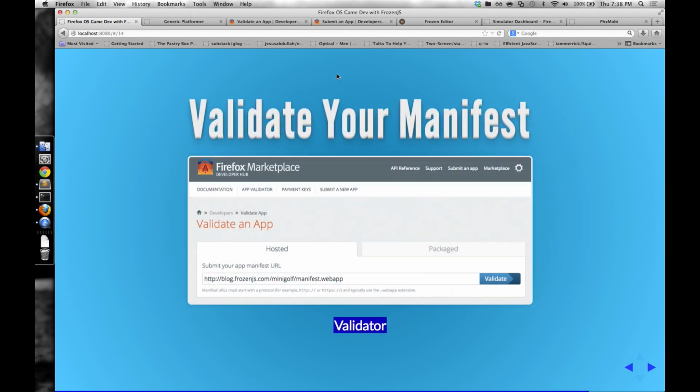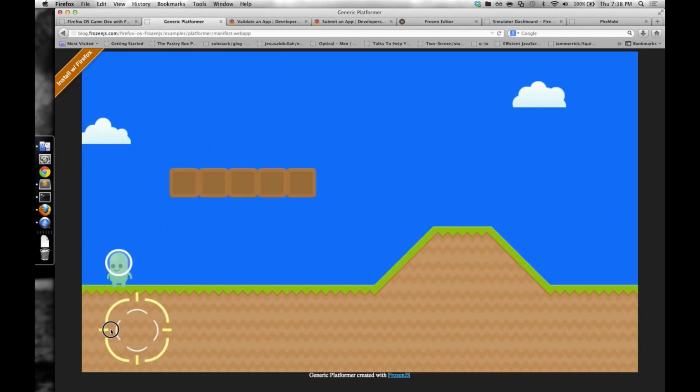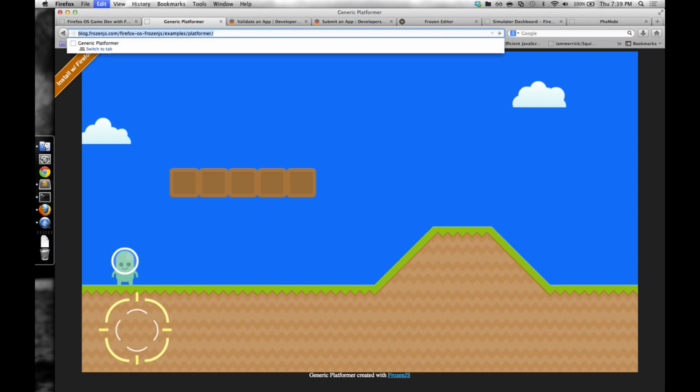So let's publish it. We created this game. I'm not going to push to GitHub Pages right now, but we actually have the version Louis created earlier where there's walls and he doesn't fly away. So here it is, and it's on GitHub Pages, our blog, FrozenJS, in the examples folder. I actually have the manifest here. Let's just go back to it. So there's the generic platformer. And if we copy this